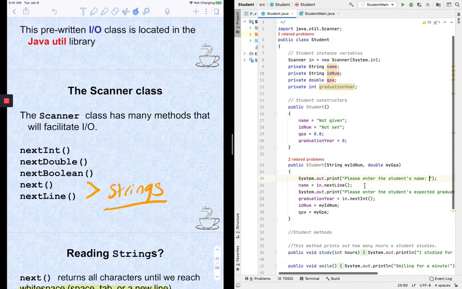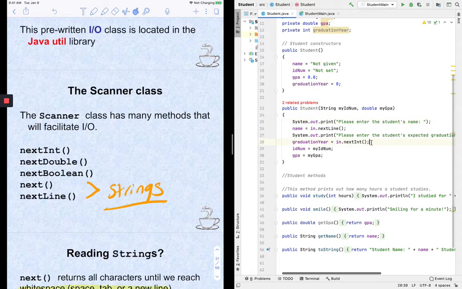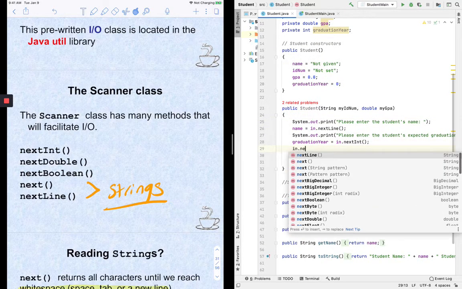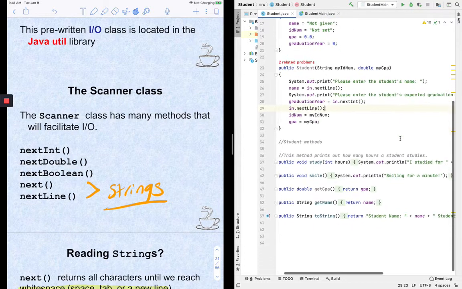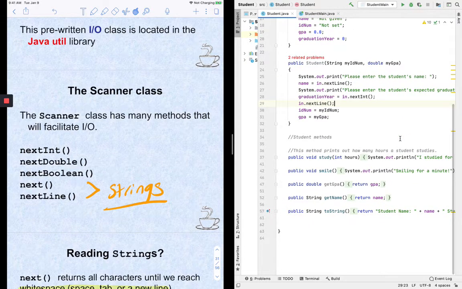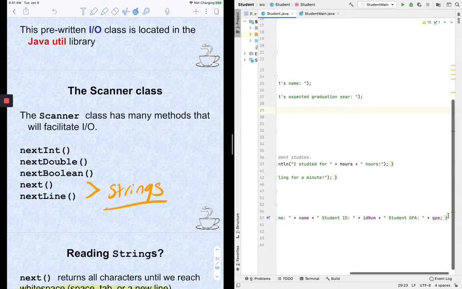I don't usually use print lines because I'm going to hit enter and then I'll get a print line after that. Just to purge this, I'm just going to write in dot next line. We'll see when I test it what happens, but usually I need to purge it after reading an int in. Alright, so then maybe down here, we've already learned some methods, so maybe down here I want to have an